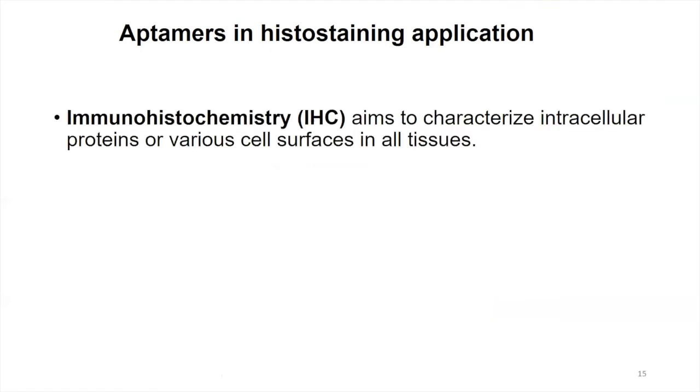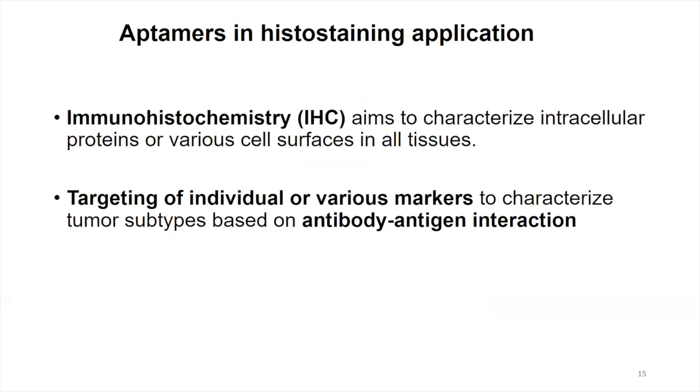And besides ELISA, dot blot, and western blot, we also have an interest in seeing whether our developed aptamer is able to perform in histostaining application. Just to give a brief introduction, histostaining or immunohistochemistry is a process to characterize the intracellular proteins of various cell surfaces in a tissue. It works based on the interaction of the antibody to the specific protein that is expressed on the surface